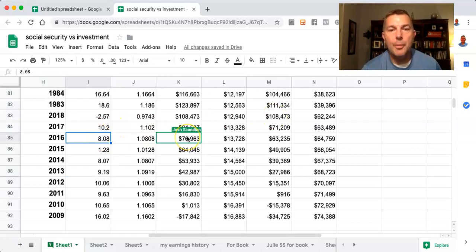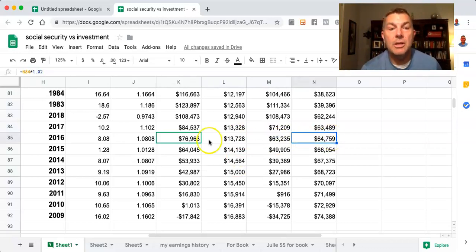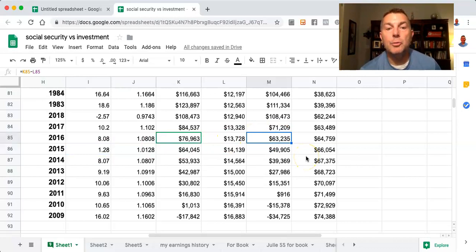The markets are up. We ended the year at 71,209 after we had that addition to cash. The markets are up 8%, but that only put us up to 76,963. We need $13,000. We take it from the portfolio. Now we're down to 63,000, which is less than our cash account. And even though we made 28% in the following year, we went from 63,231